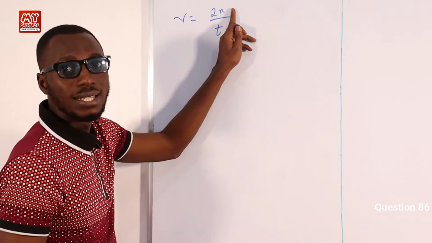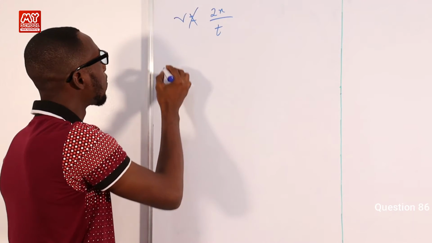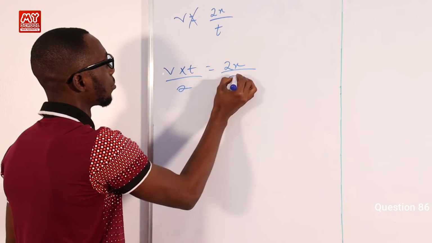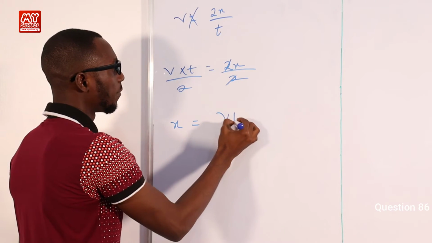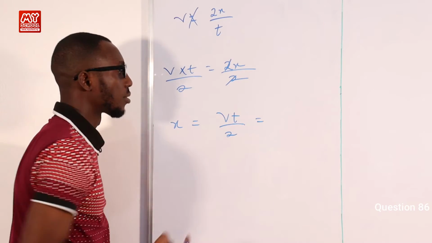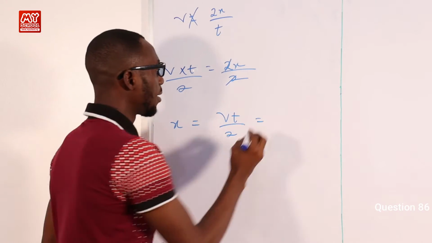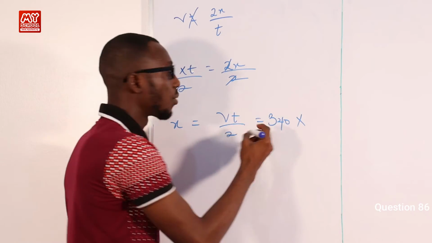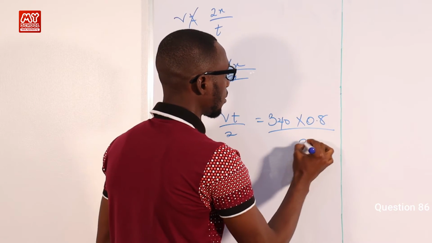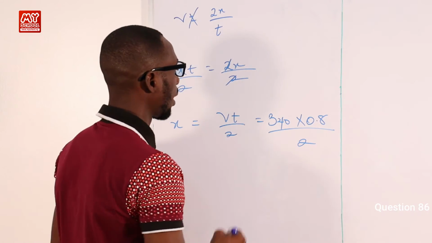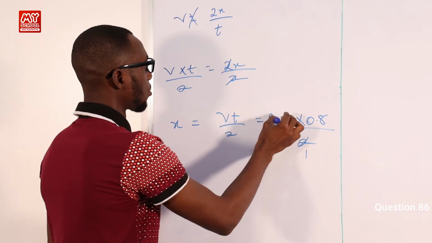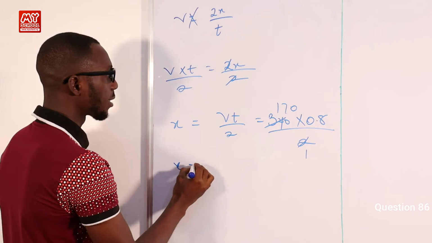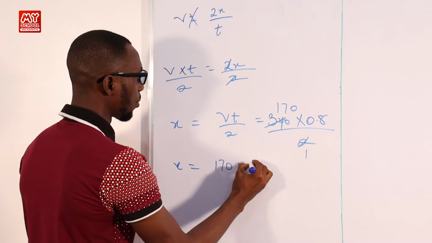So we have to find the distance x. We cross multiply. So we have v times t equals 2x, dividing both sides by 2. So we'd have distance x equals vt over 2. We know that the speed of sound in air is 340, times the time, 0.8 seconds, divided by 2. 2 here 1, 2 here 170. So basically we'll just have x equals 170 times 0.8